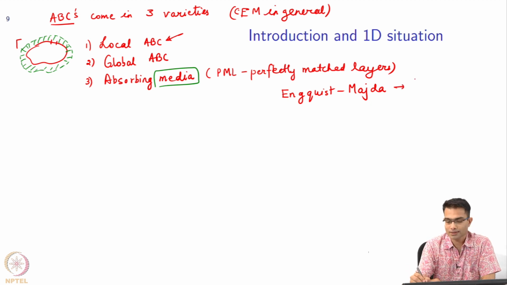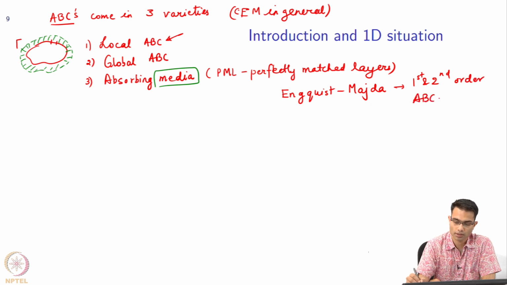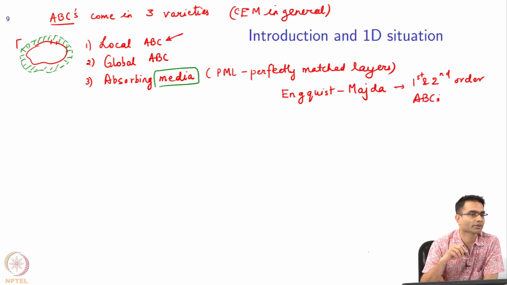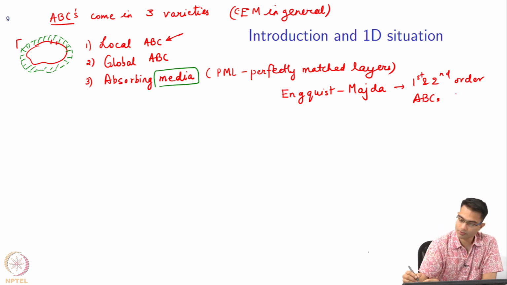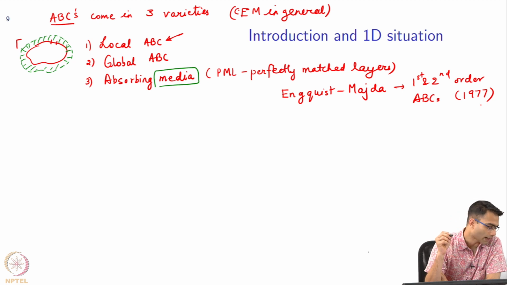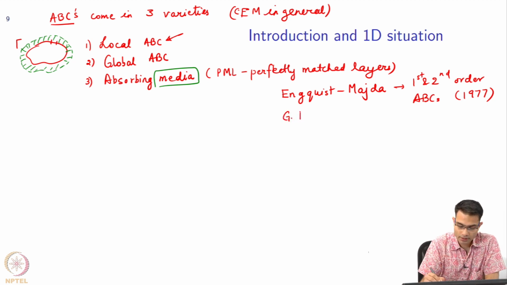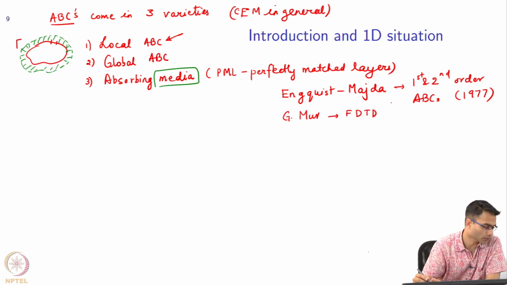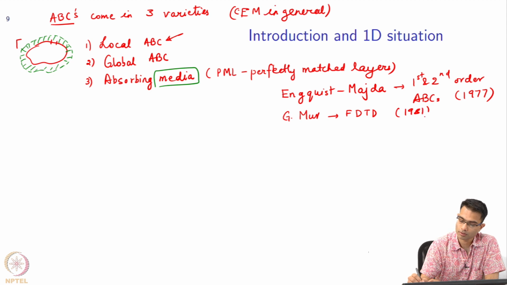So, these guys are the scientists who gave the first and second order ABCs in the CEM literature, okay. So, this is way back in 1977, right. And then you had a person by the name of Mur, who applied it to FDTD for the first time in 1981,